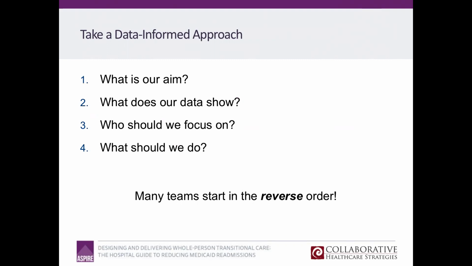That might be certain types of pneumonia patients, et cetera, or patients who are going to certain discharge dispositions. And then you say, what should we do? And what I've noticed time and time again in teams that say to me, Dr. Belwell, we've been working and working and working on reducing readmissions, we don't seem to be making any progress in the data. It's because they started with the interventions. They went in and said, we're going to do calls, and they've been doing that for 3 years and they haven't made progress.